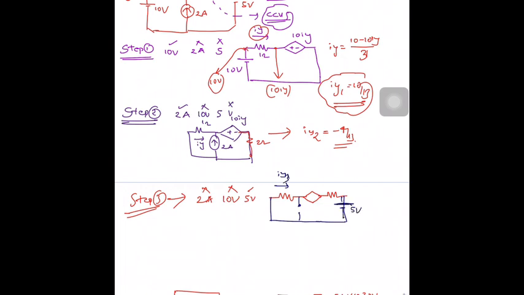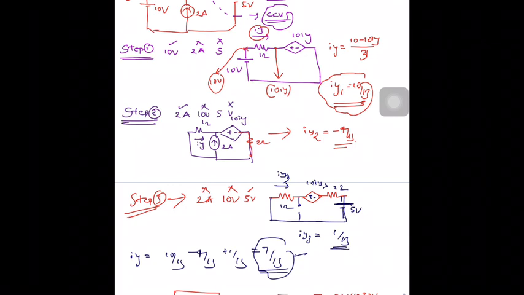Volts. I1, I2, I3 actually, since it is not the actual circuit, and I3 with 2 ohms, 1 ohm. So by solving, you got I3 is equal to how much? 1 by 13. So total I is equal to 10 by 13 minus 4 by 13 plus 1 by 13, which is equal to 7 by 13.